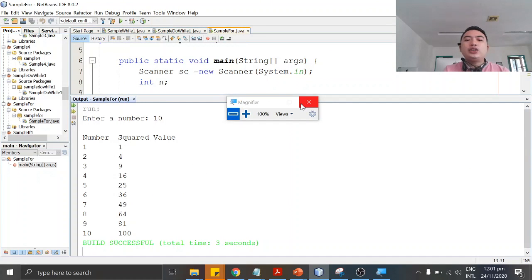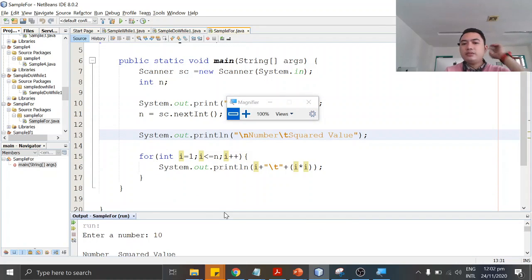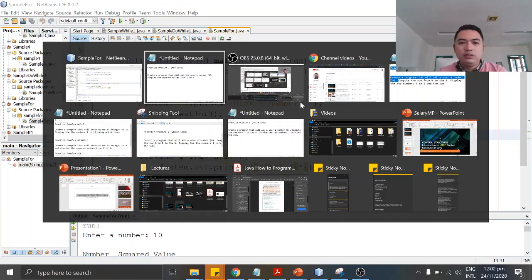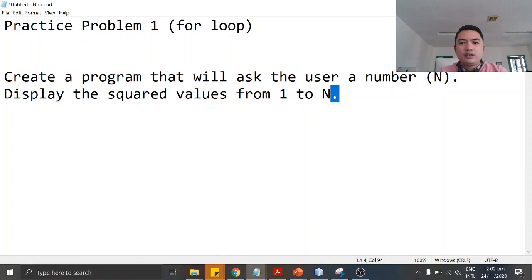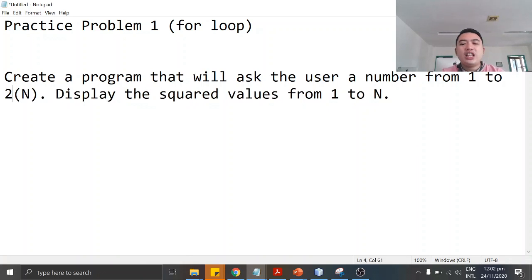So let's try to modify our problem. Let's say the number should be only from 1 to 50. Or 1 to 20 only.